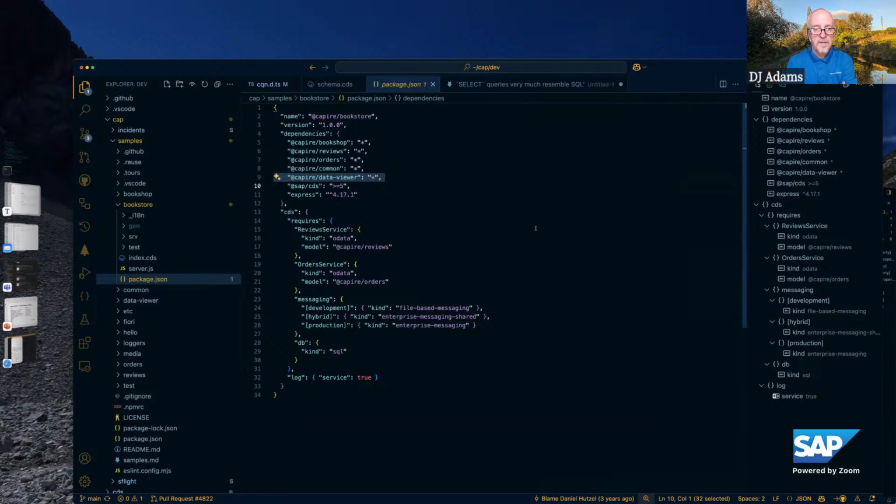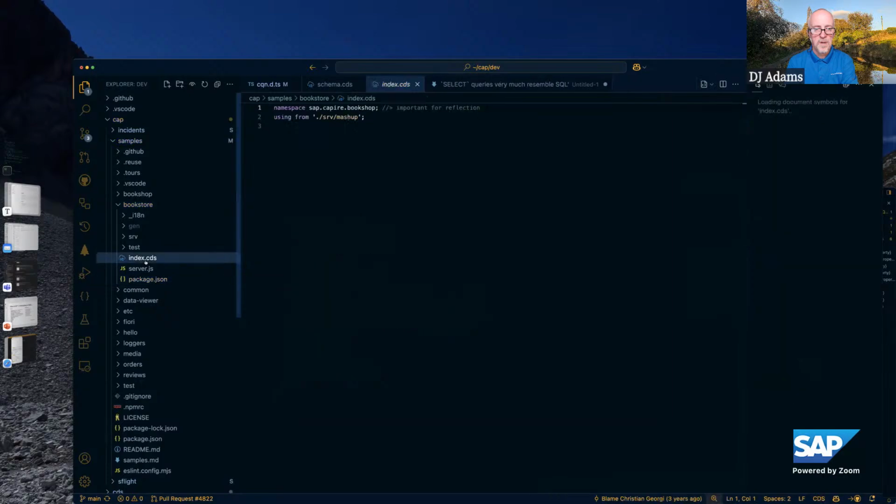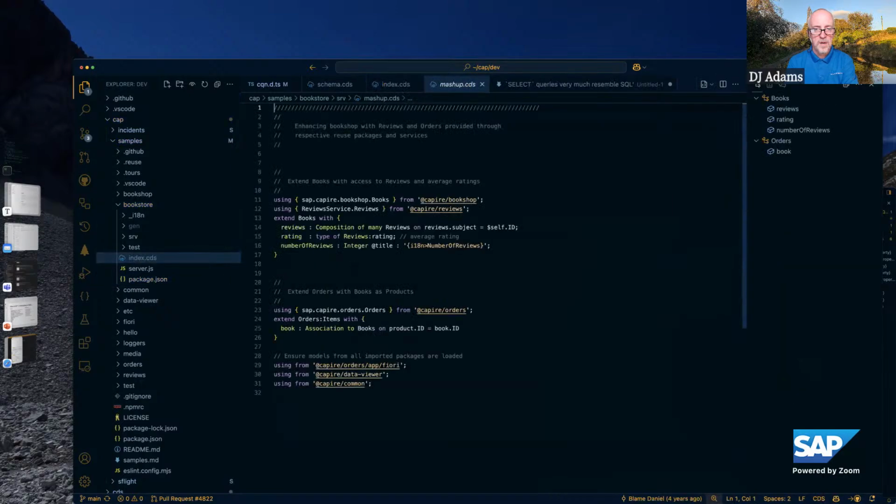And I just mesh it up and compose it into something new. Like in here, we refer to our mashup thing, and here we say, okay, this is books, don't know about reviews. This is reviews, don't know about books. So I introduce both to each other. I say, hey, books, you from now on have a composition of many reviews.